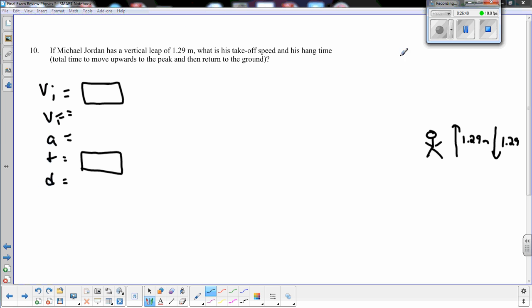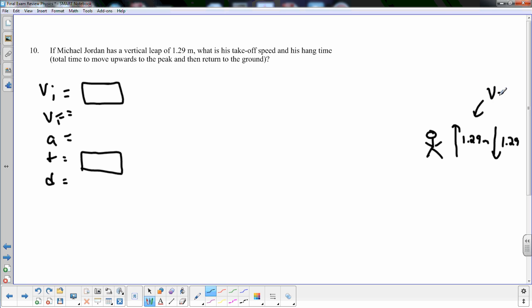If Michael Jordan has a leap, so here's what we got. We're looking for the initial, looking for the time. We know one thing. Up here, when he comes up, our velocity is 0. We know the acceleration is negative 10 meters per second squared. All right, so here's what we can do. VI, VF, A, and we have a D of